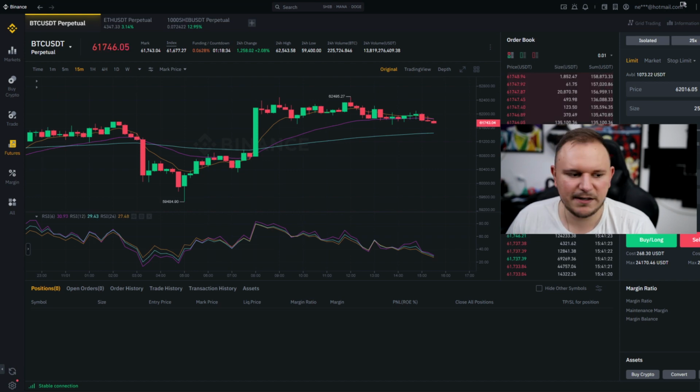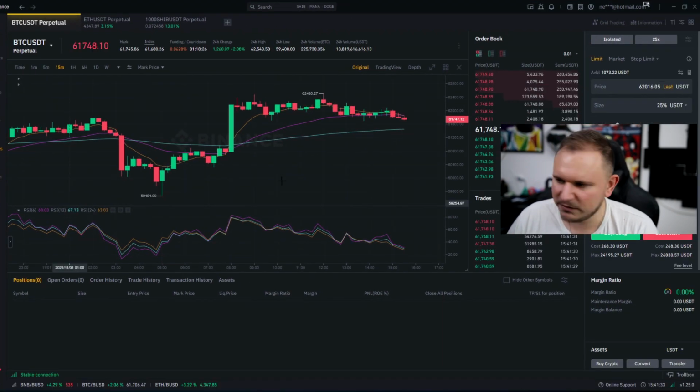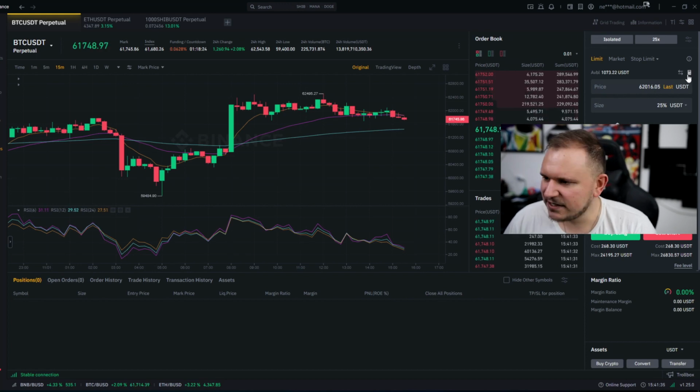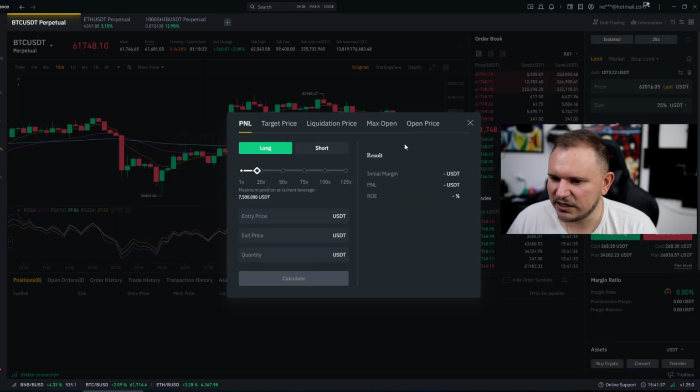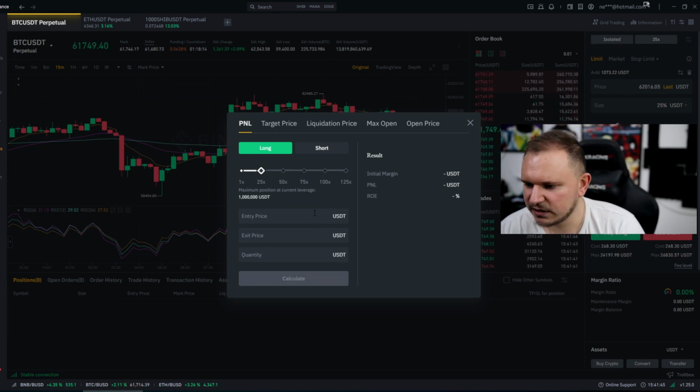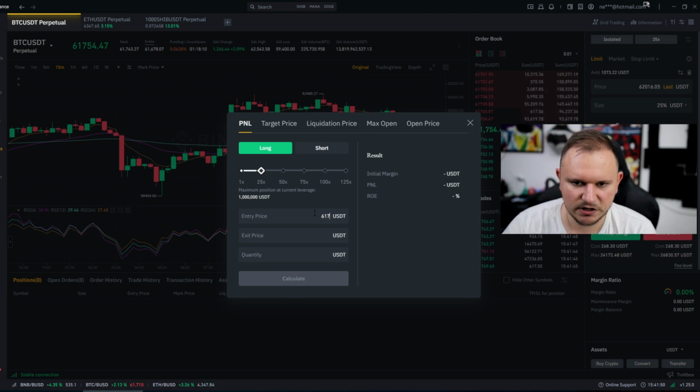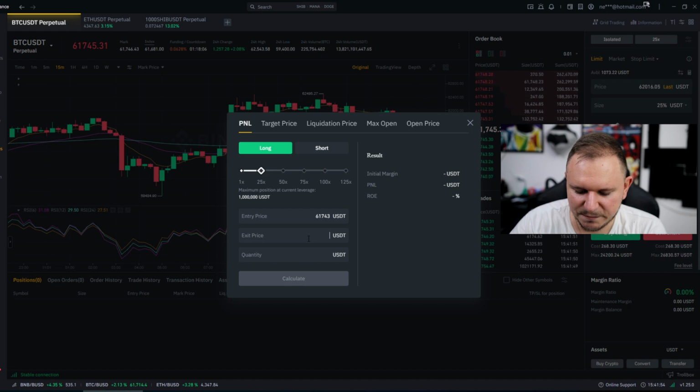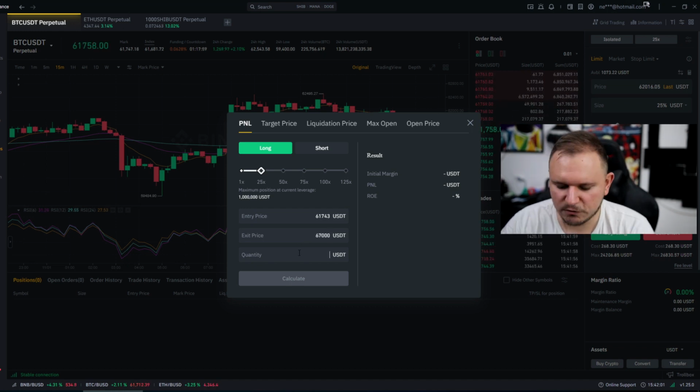So let's go right here. You see this little calculator right here, and I hope you can see it because this is a little bit weird. I'm gonna have to put it like this. So now, as you can see, this little calculator thing right here, you click it, and obviously I'm using 25x leverage, so my entry price is the current mark price, which is $61,743, and let's say my exit would be at the all-time high at around 67,000 for Bitcoin, and obviously the quantity is